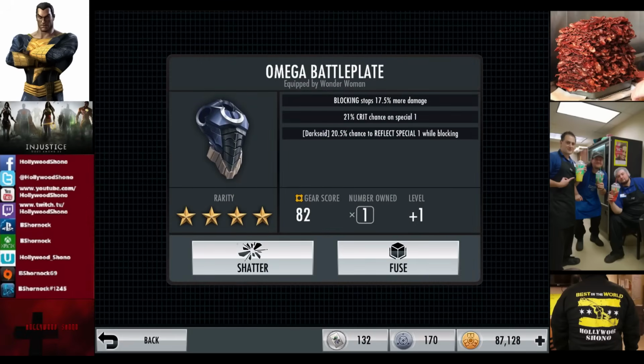Darkseid's gear item is really good for tank cards because blocking stops more damage, crit chance on special 1, and exclusive to Darkseid, chance to reflect special 1 while blocking. So if you throw the disc on Darkseid, you're going to get a high chance to reflect special 1 while blocking, and as we all know, everybody loves to spam special 1 moves on the computer in multiplayer. The crit chance on special 1 is really good with his Omega Blast. I also find it to be really good with Wonder Woman, so the Omega Battle Plate is a really solid